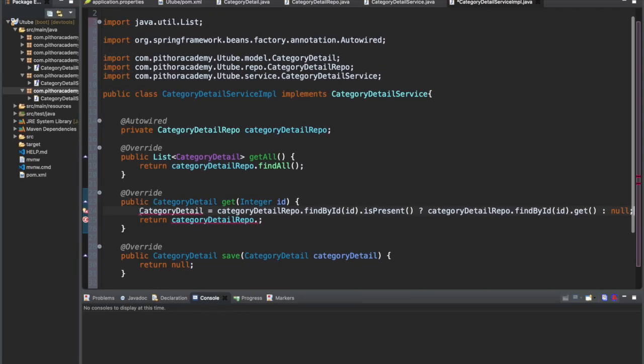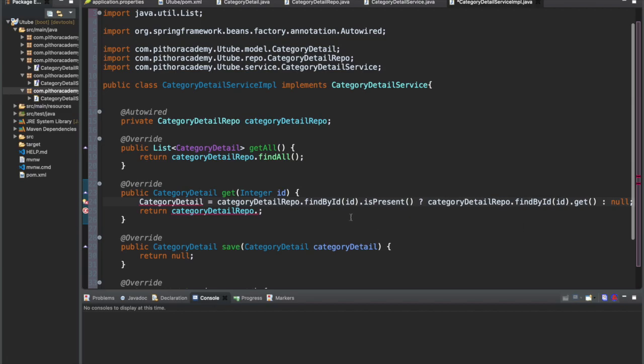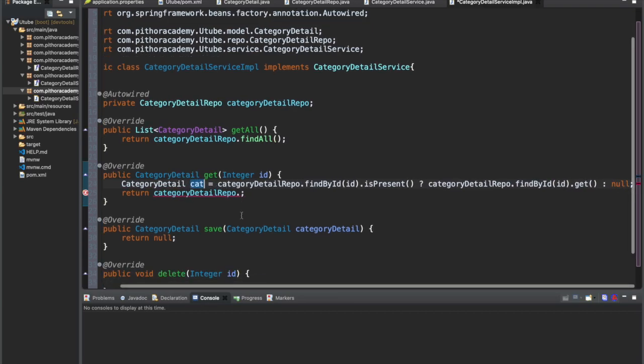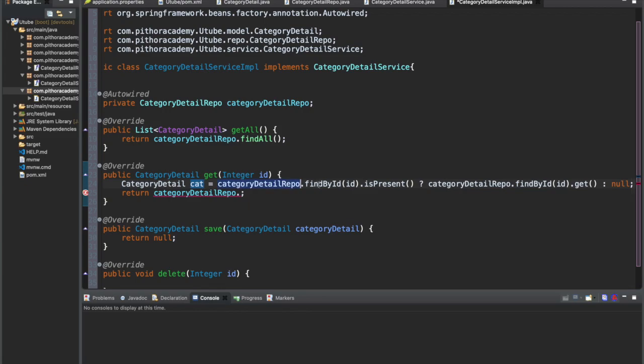So it should be like this. Let me change this to get. What we are doing here is, if category detail findById is present, because it will return an optional, then it will return that thing, otherwise it will return null. So here we can simply return the cat, and it will work.